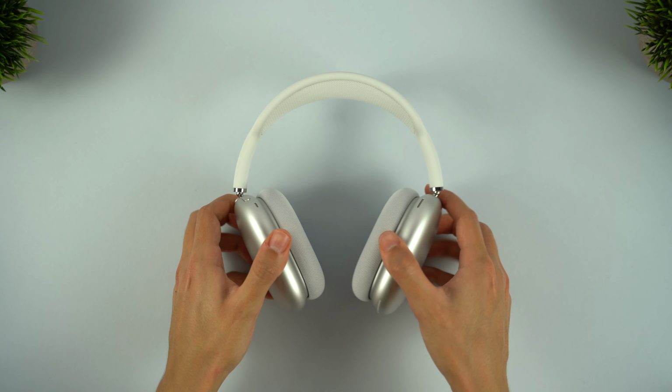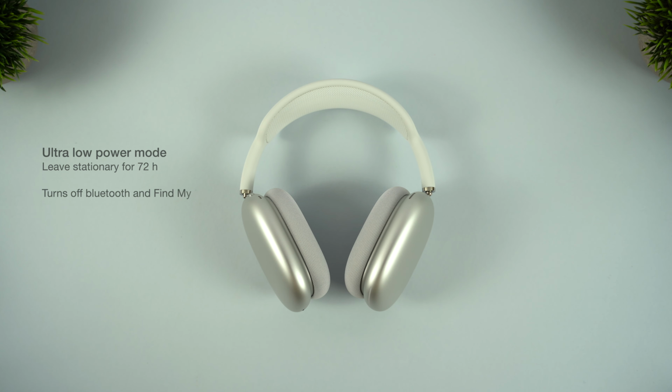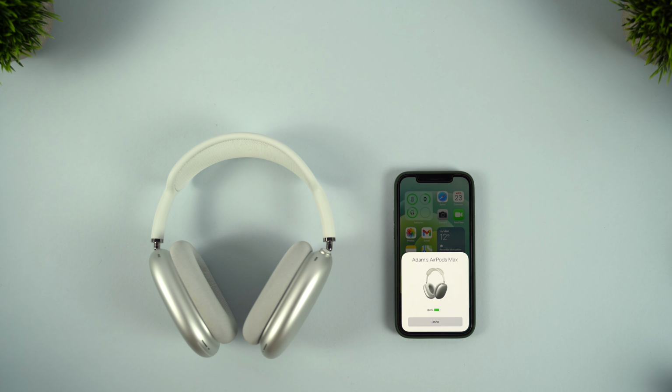If you leave them for 72 hours, they then switch to an ultra low power mode, which turns off Bluetooth and Find My for even greater battery preservation. So you can kind of think of this as turning them off, but you can still wake them easily by putting them on. Of course, the concern here is how much battery is drained when the headphones are essentially always on,